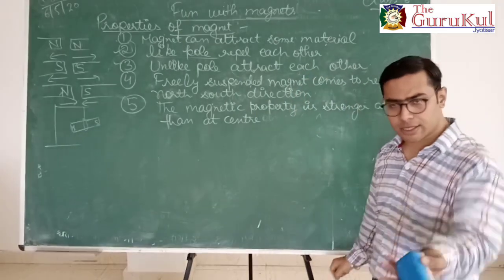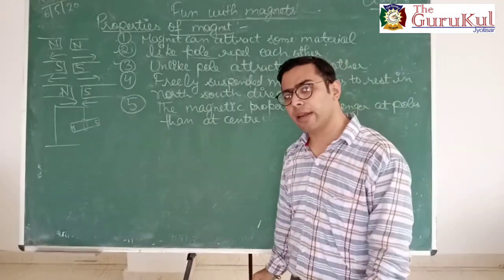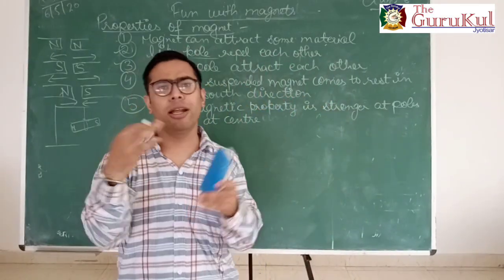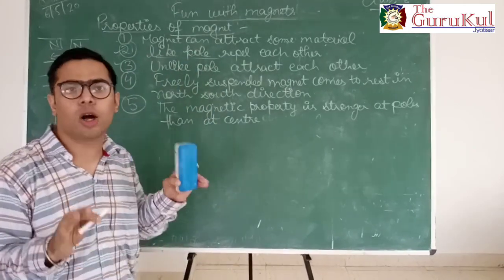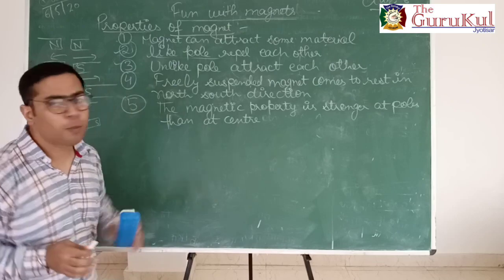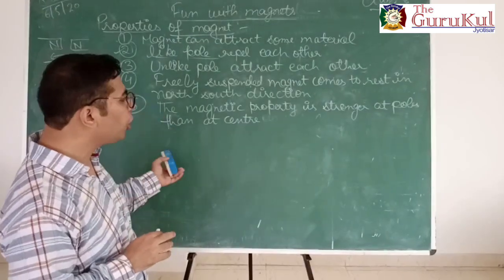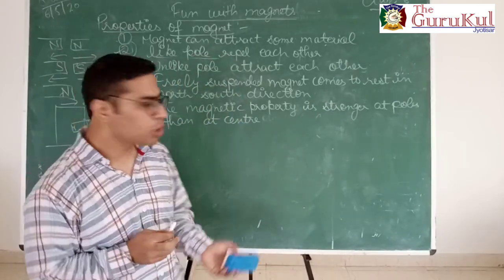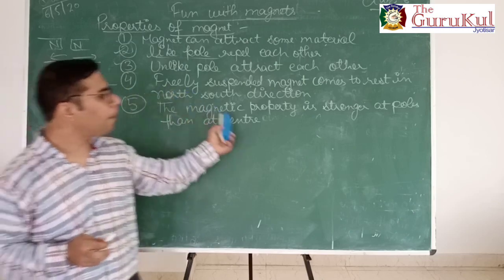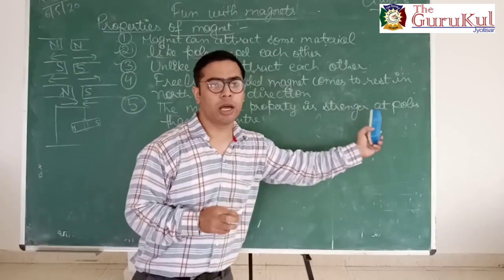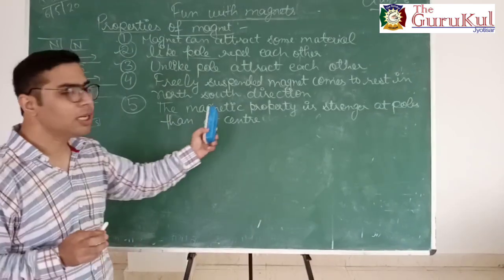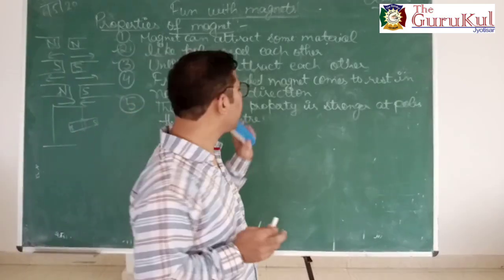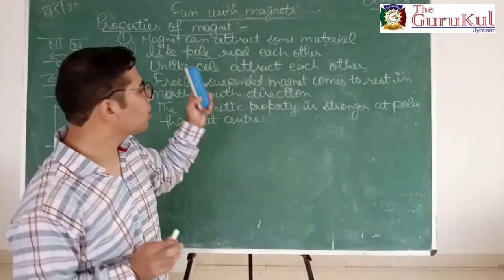So what it means, like I discussed with you earlier in the topic poles of magnet. Students, I am trying to relate the topics to you, so if any point is not understood, I try to relate all the points. In the topic poles of magnet, I told you that the poles have stronger magnetism than at the center. So that's what the point says. The magnetic property or the magnetism is much stronger at both the ends than at the center. So these are the 5 main properties of the magnet which can be understood in this way. I hope you understand this very carefully.